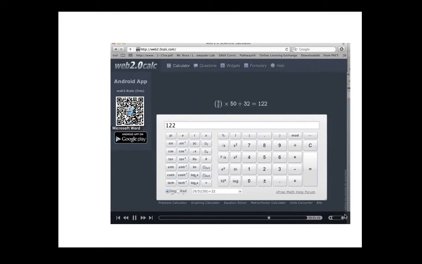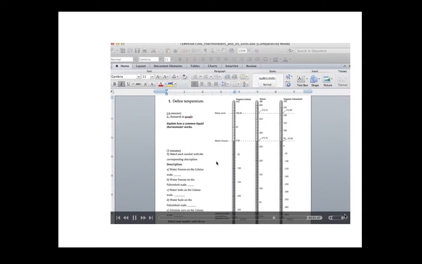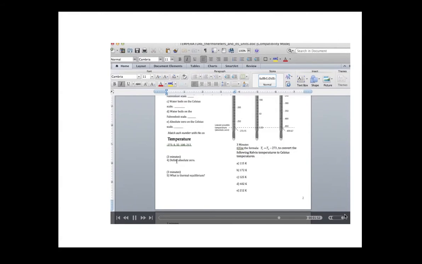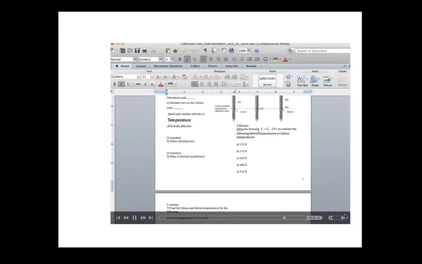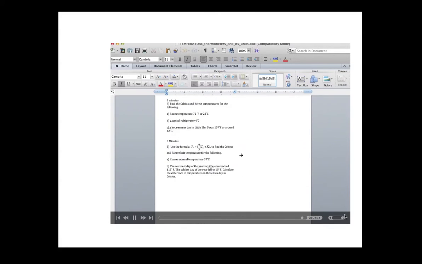Another question, another equation that you have, after you answer that, is in the next one. Right here, for example, you want to use the formula TC equals TK minus 273 to convert to Kelvin. Please use the formula to do that. Please finish all